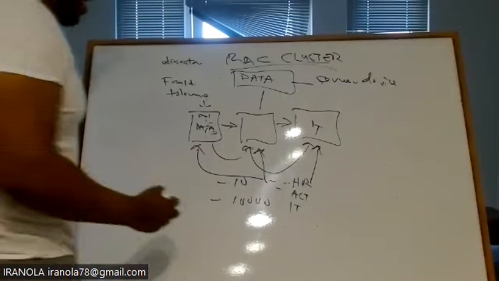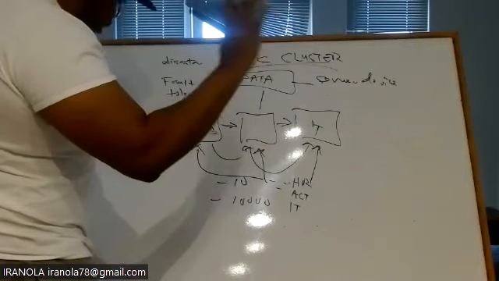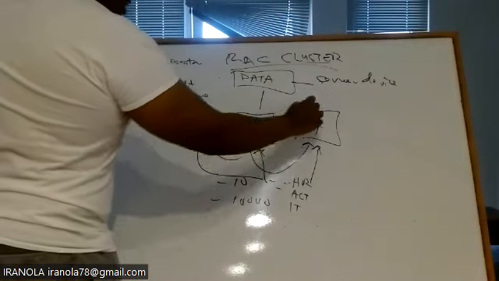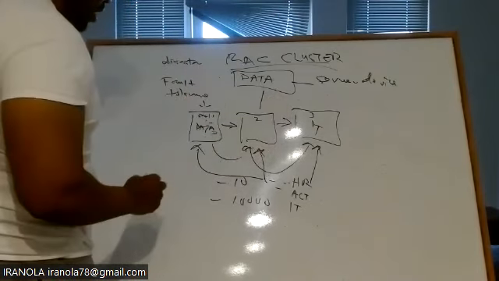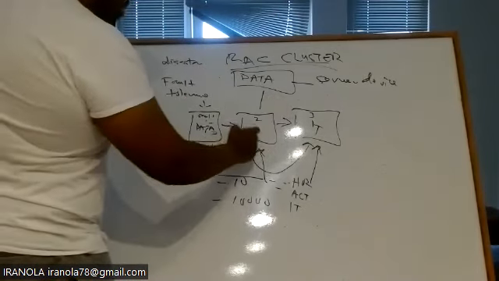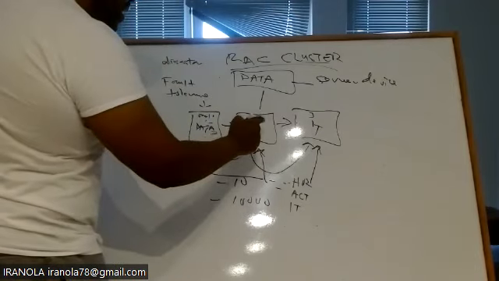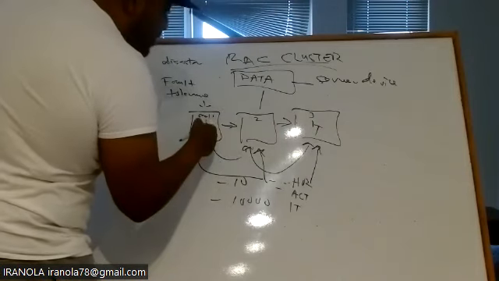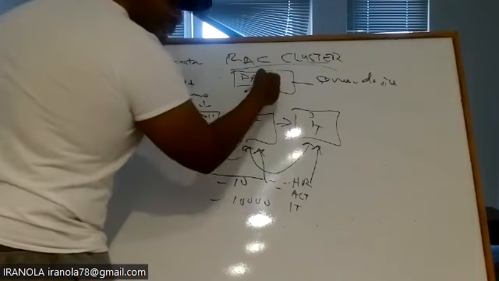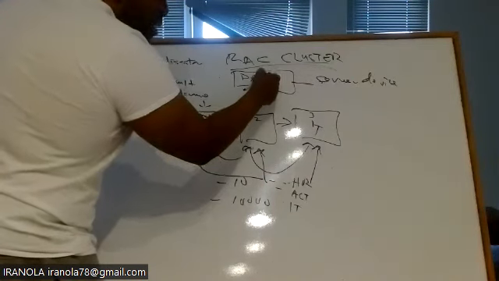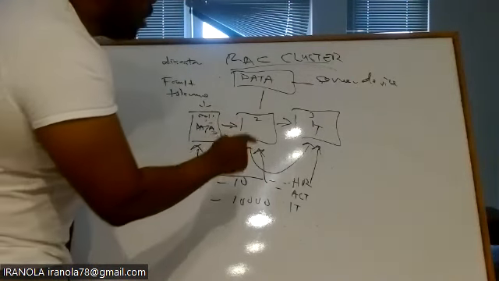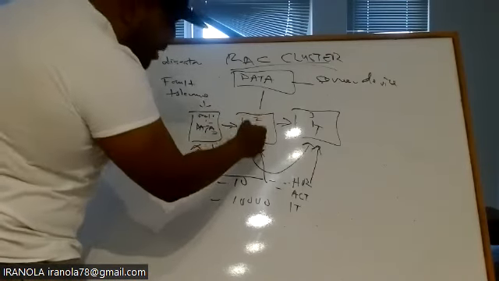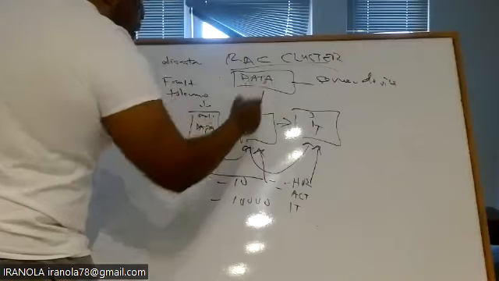Now, when we say this load, listen to me very well. This is node 2, node 3, node 1. In each one of these servers, users are connecting through each one of these to get to this guy, here, where the load is. Users are connecting through this guy to connect to this guy, to get to this guy,